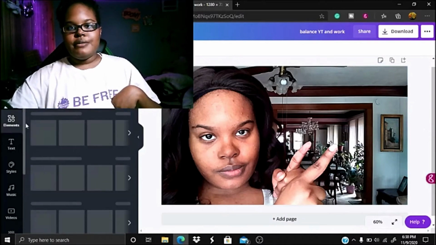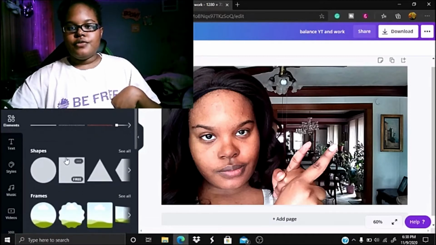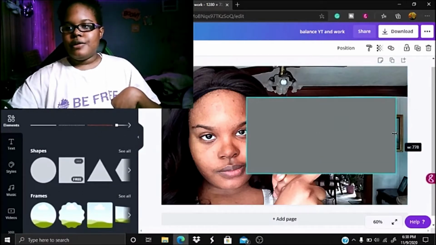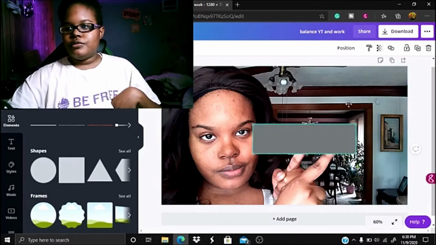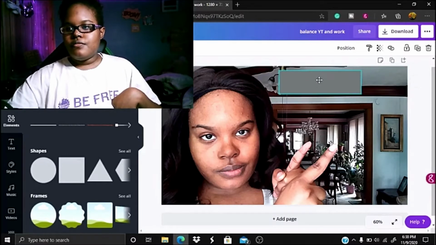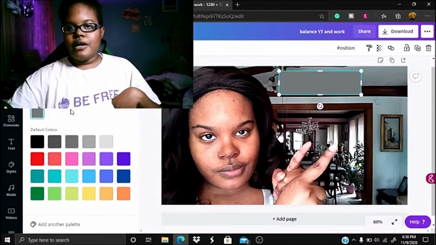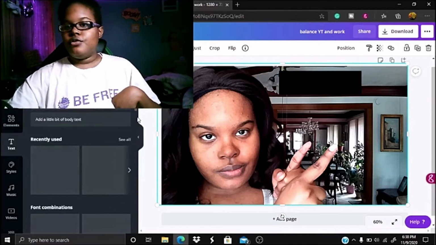So you can go to elements and then go to the square, and then you can make it a rectangle, and then you can make the box white, red, black. We'll use black. Then you can go to text,